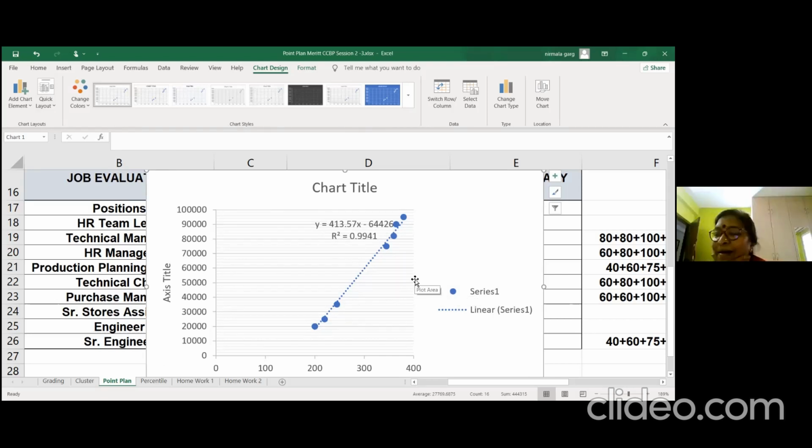And why are we doing slope and intercept? Slope is the change. I showed you on a whiteboard what slope is, right? The change in the salary with the change in the job points. For every point, what is the increase of salary? That is the slope. I also showed you the intercept, where the pay line cuts the Y axis, the salary where the job points are 0. That is the intercept. Got it?